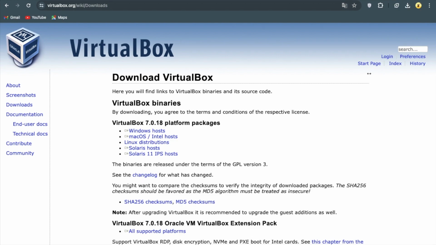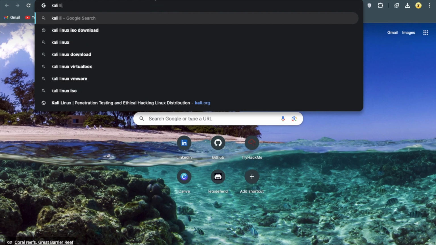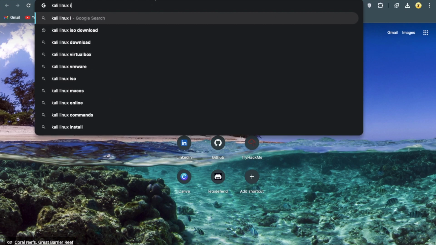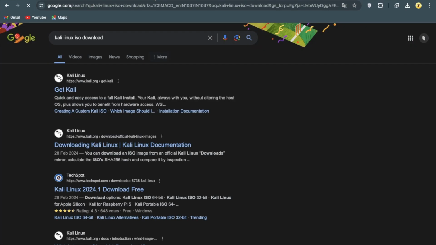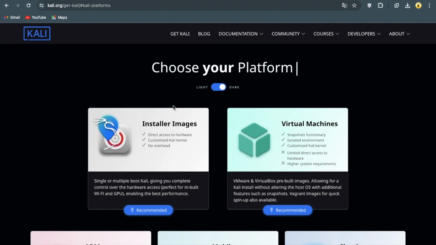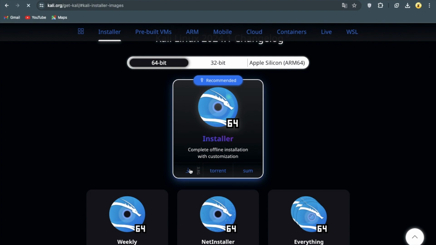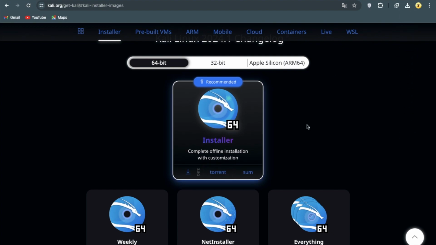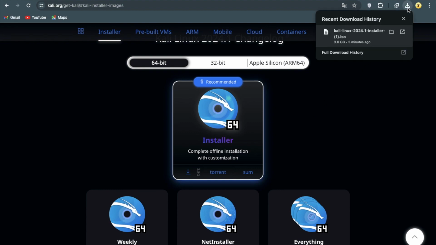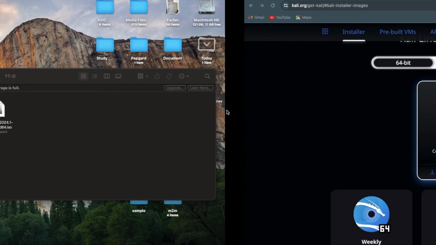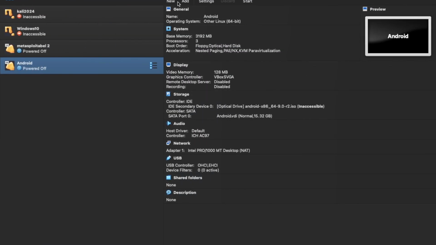I've already downloaded it. And for Kali Linux, type Kali Linux ISO download. The Kali Linux ISO file is the same for Windows OS and Mac OS, so don't worry about it. Just download this file from here. Okay, so our Kali Linux ISO file has been downloaded. Okay, so now here we will go into